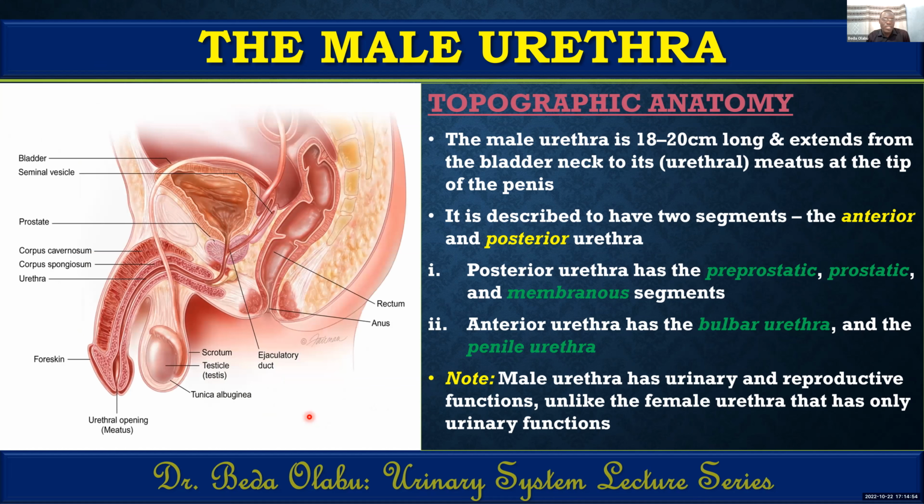So having said that, it means that the male urethra also receives some ducts which carry semen. Semen is deposited into the male urethra. So that's why you see that duct there, the ejaculatory duct that opens into the